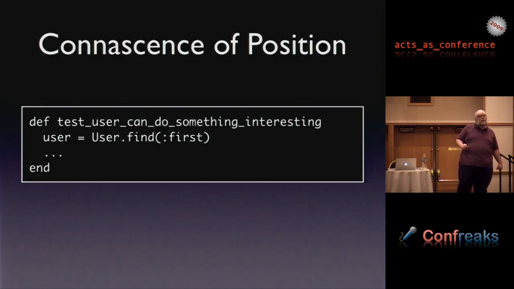Until we added roles to our program. And certain users could do certain things, and certain users could not do certain things. And if you grabbed the wrong kind of user to perform an operation, then you would get a role privilege violation. So we started having random failures depending on whose machine it was running. It would work on my machine, but it wouldn't work on my coworker's machine because their database returned a different first developer. Kinesis of position. Whatever happened to be first in the database, that's kinesis of position.